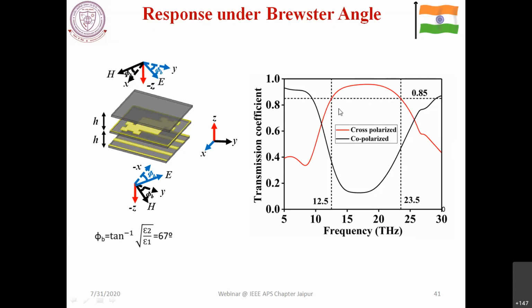It is the same way that you can see that simultaneously the co-polarized reflection becomes minimum while the cross-polarized one becomes maximum over a certain domain. Okay, so it's the proof of our concept that you can make over here.